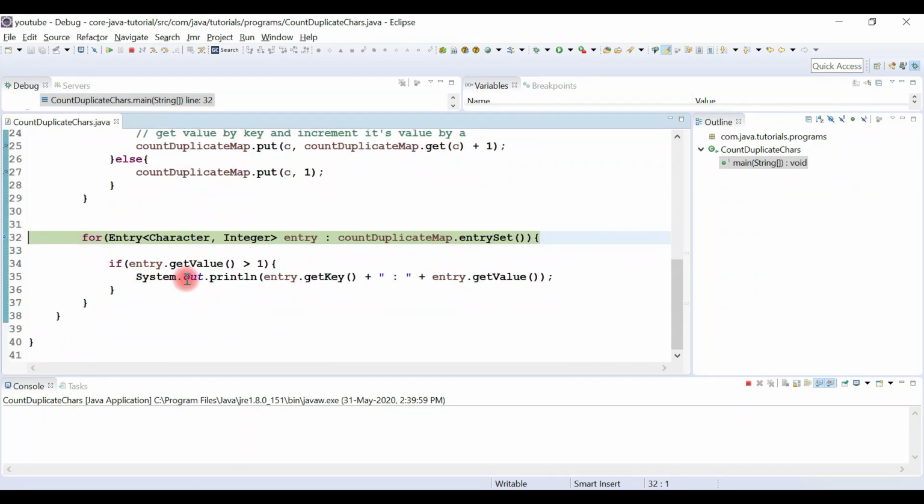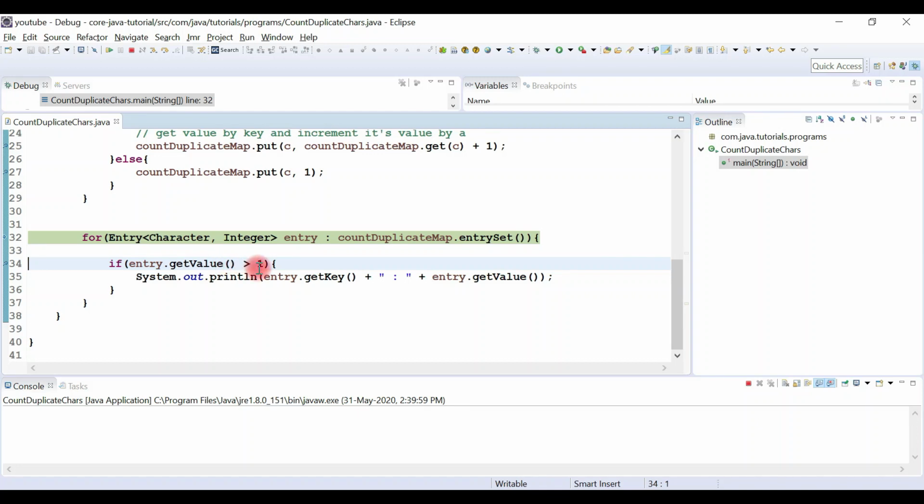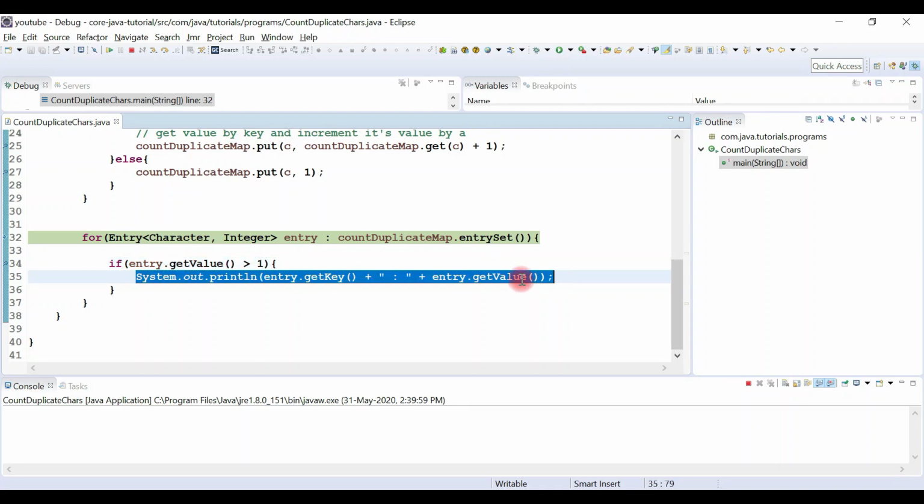Now similarly, if you look here, we are iterating over the map using entrySet, and we are checking whether a key's count is greater than 1. If the key's value is greater than 1, then we simply print the duplicate characters like this, a character and its count.